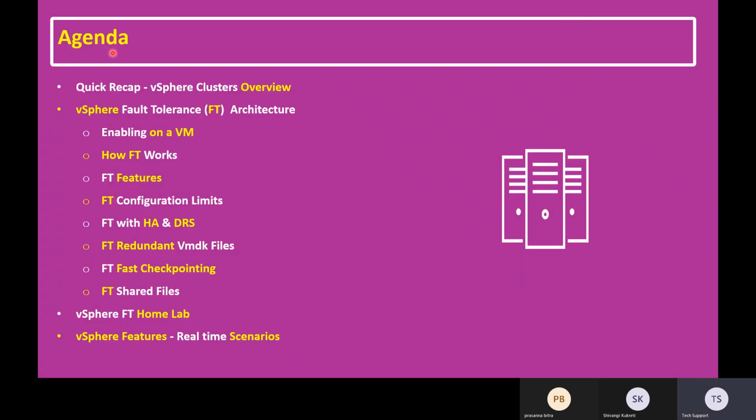So within today's agenda, same as previous, we'll quickly recap the vSphere cluster features overview, and then we'll start with the fault tolerance architecture. Before jumping to the deep dive architecture, I will show you where we can enable the fault tolerance option on your VM, and how fault tolerance works, and also FT features, FT configuration limits as per the VMware configuration maximum guide, and FT with high availability and DRS, and FT redundant VMDK files